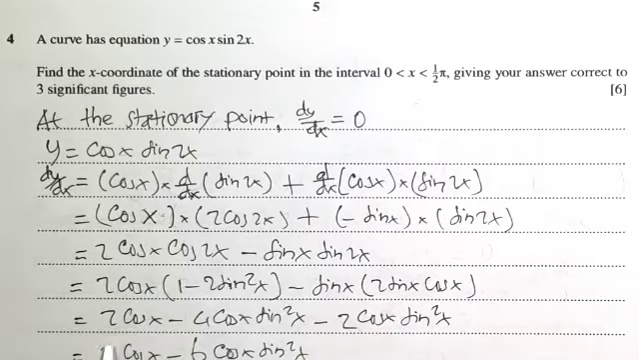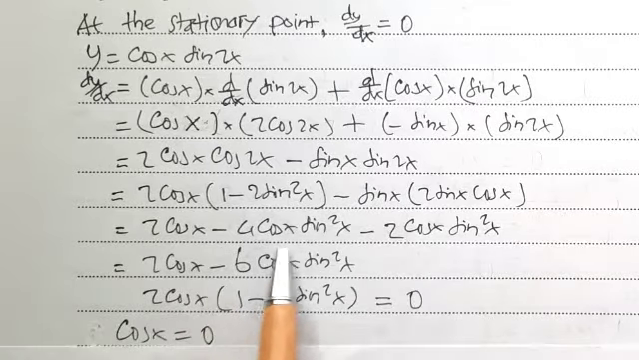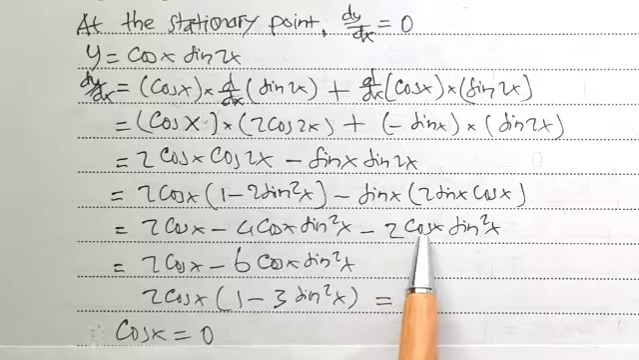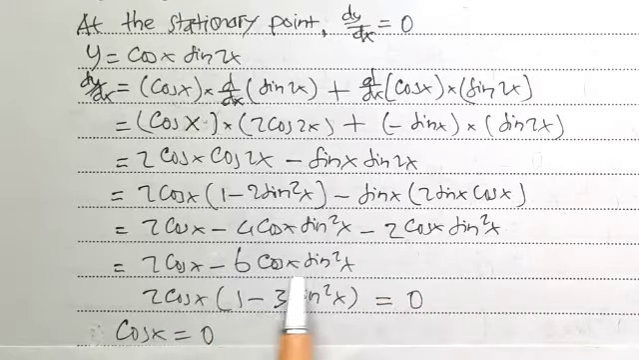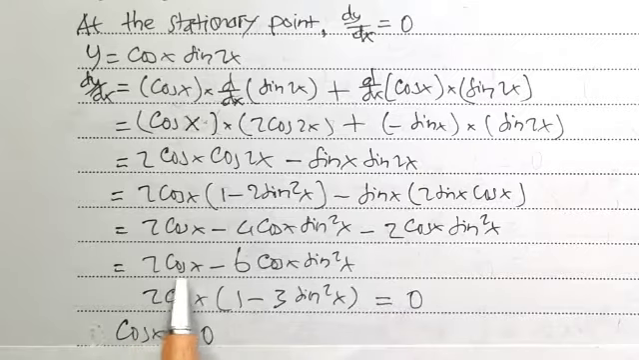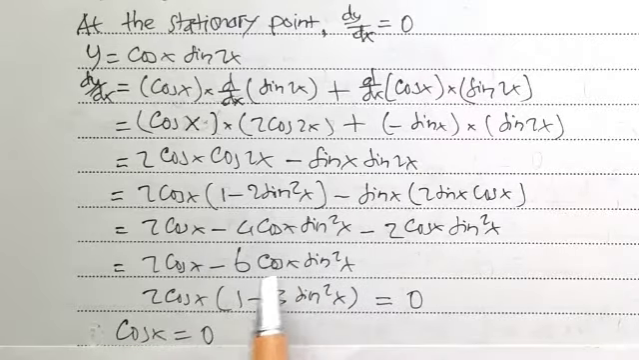2 cos x times 1, that is 2 cos x. 2 cos x times minus 2 sin squared x, that is minus 4 cos x sin squared x. And then this one, sin x times 2 sin x cos x, that is 2 cos x sin squared x. Minus 4 cos x sin squared x minus 2 cos x sin squared x, that is minus 6 cos x sin squared x. And here factorize, put out the brackets 2 cos x, thus 2 cos x times